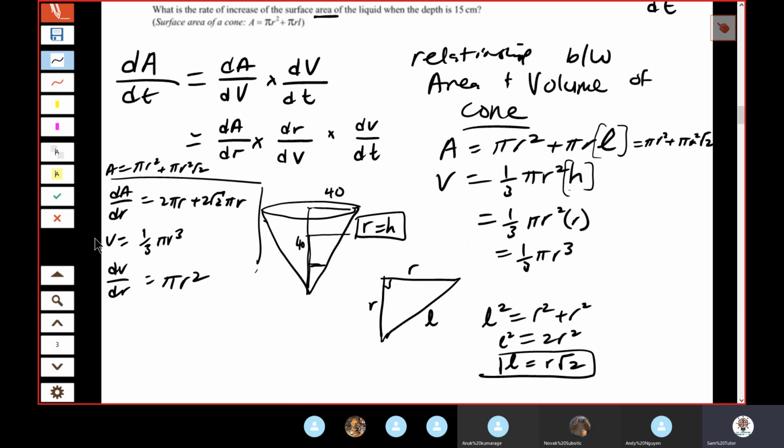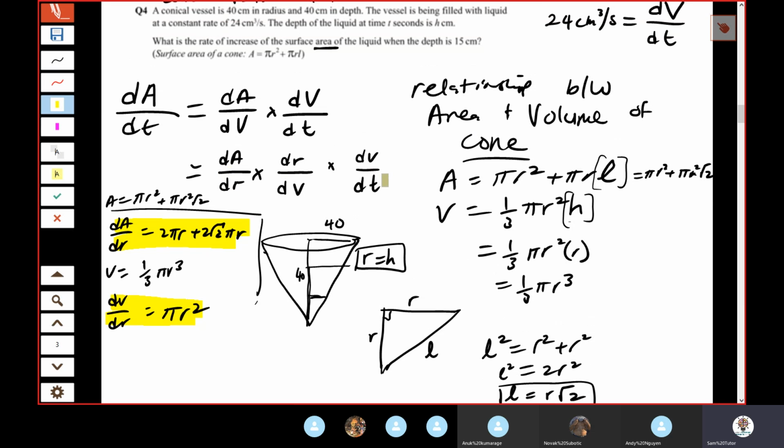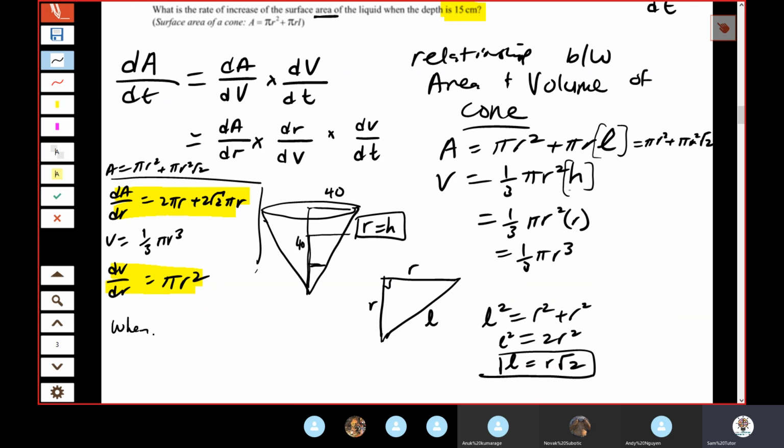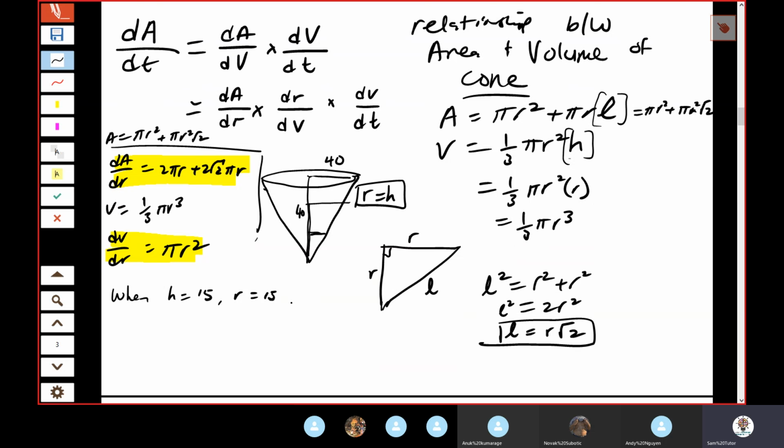Okay, now almost there. So you've got these values, you've got these values. It means you pretty much have this, dV on dt we already have from the question. We're about to finish off. The only thing is we've got to get rid of these R's. It says when depth is 15. We know when depth is 15, when h equals 15, well, R also equals 15 because we just proved that up here. When h is 15, R is 15. So